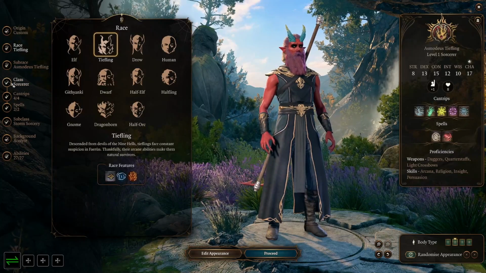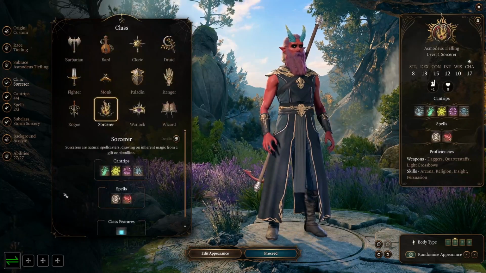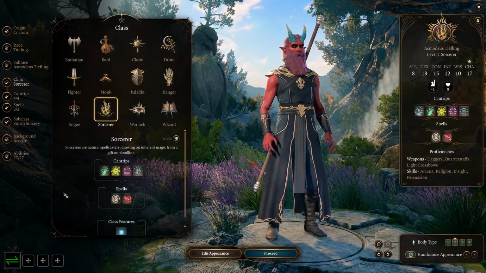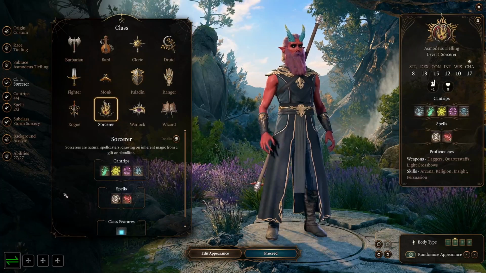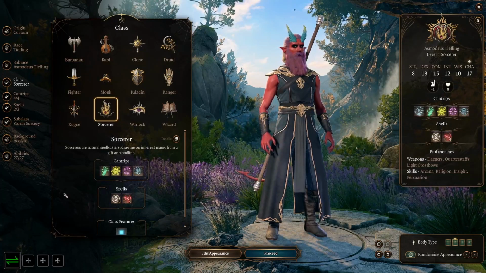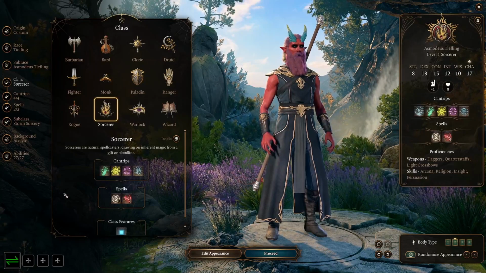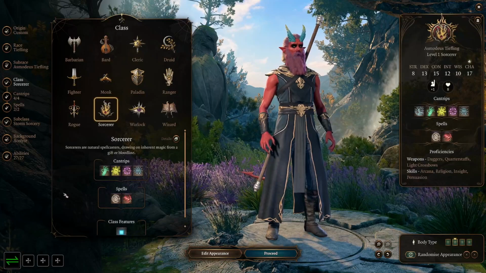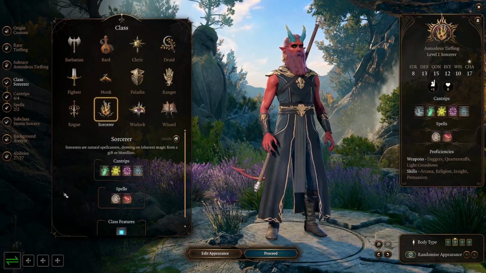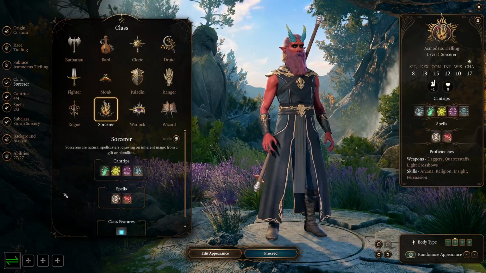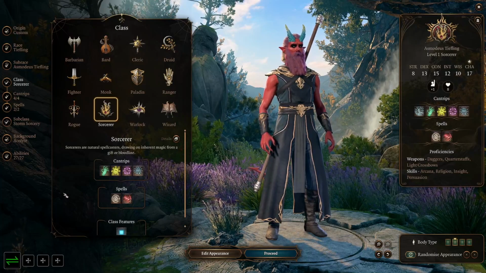Next, we have one of the most important choices of the whole game, your class. As you can see, there's 12 different classes, and each class has at least 3 different subclasses. I'm not going to go into detail about all the classes, as that would be quite a large video, and I'll be making a more detailed video on the classes later on. For now, you just need to know that the classes are split into categories, being Martial and Caster. The classes are as follows: